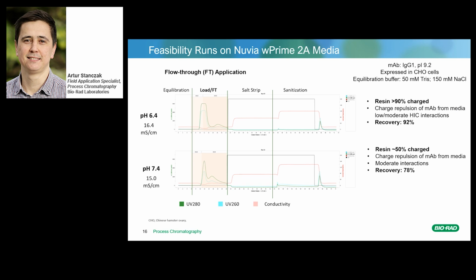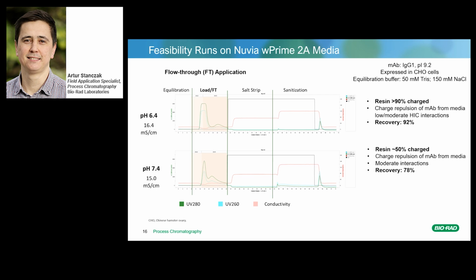Now that we understand how the new weak anion exchange ligand functions in Nuvia Wpure 2A, we tested its ability to remove endogenous viruses. For this, we used a monoclonal antibody with an average pI of 9.2 expressed in a CHO cell system. Before conducting the actual virus clearance study at Charles River's laboratory, we performed a process development study at our